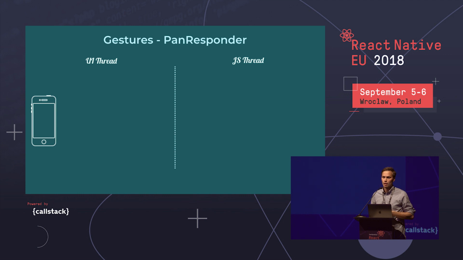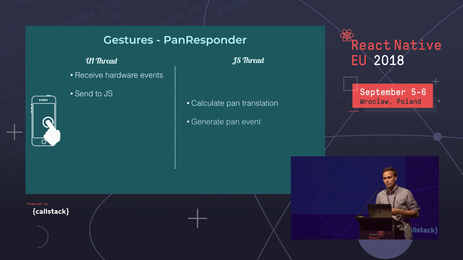It relies on communication between the UI and JavaScript threads. When we interact with a touch screen, raw touch events are generated and delivered to the UI thread. Then those raw events are sent over to JavaScript. And then in JavaScript, we try to figure out which components should be responsible for handling this touch stream. And then if we're recognizing a pan, then we